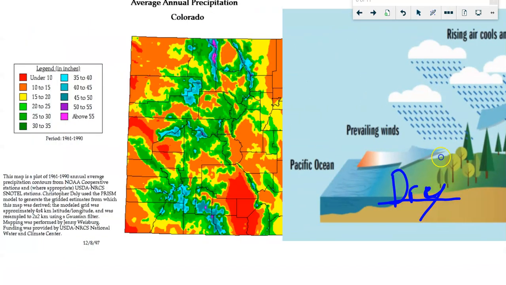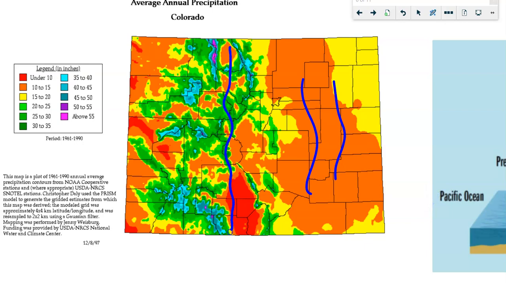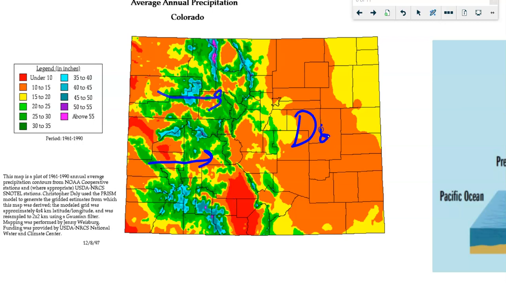Going back to this map, that explains why we have dry areas over here on the eastern plains. We have this large mountain range, our Rocky Mountains, and they are having that impact of pushing the air up, causing the air to go up, and then dropping a lot of its moisture. And that creates a rain shadow over here where it's dry. So when we talk about topography, the rain shadow effect is really the main thing